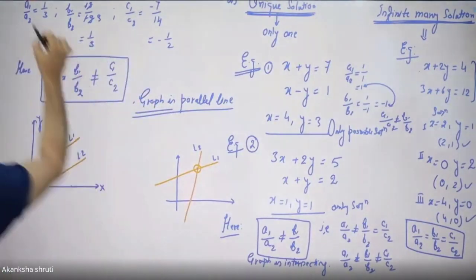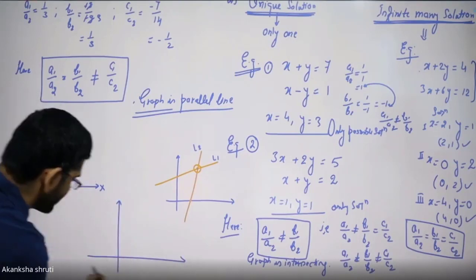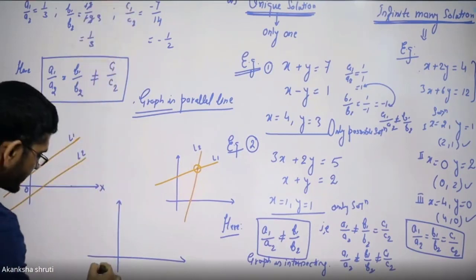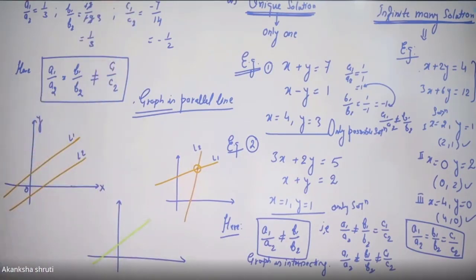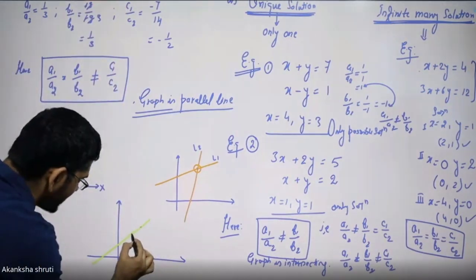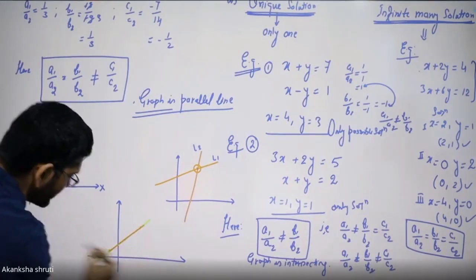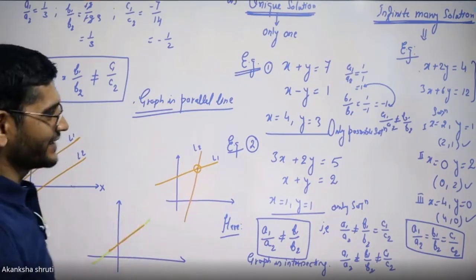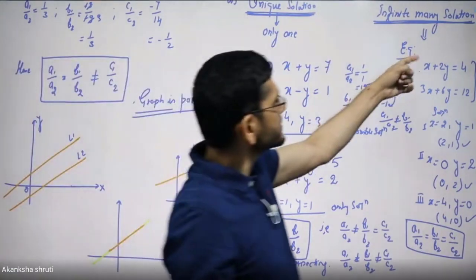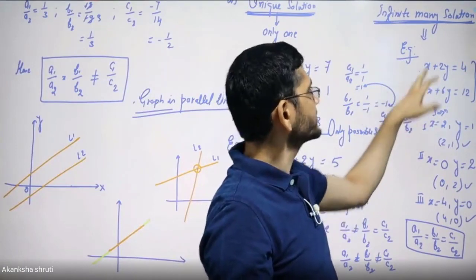And if we draw the graph of this, then you will observe that the two graphs will hide each other. Means first, if you are plotting the graph by some points for equation 1, it will be this one. Other, if you plot, you will observe over the same line, these points will fall on the same line. Means one will overlap each other. This simply indicates that these two equations are not different, though written differently, but they are actually the same